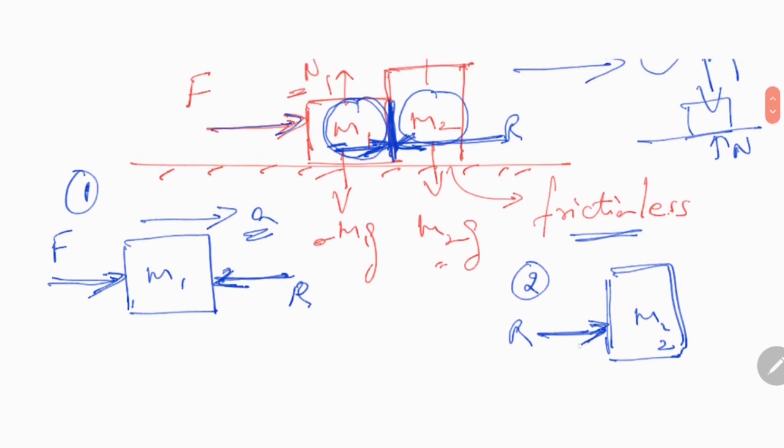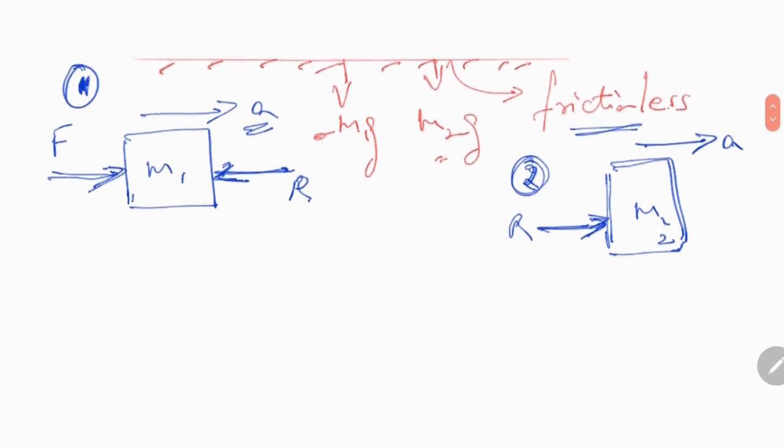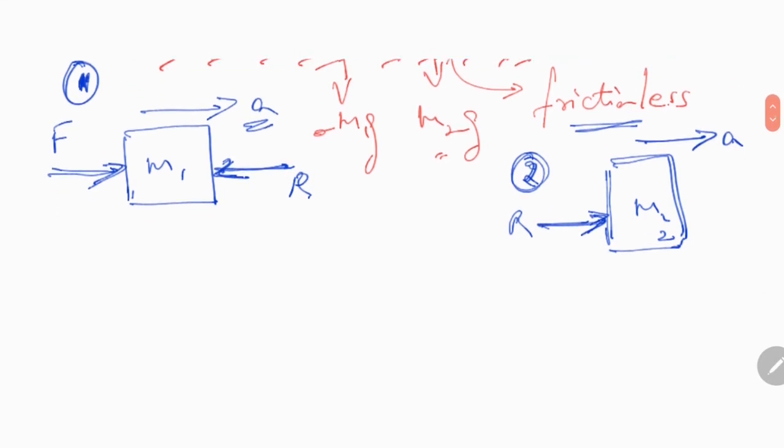Yes, so this is the only force that is acting, right? And what this force is doing, it is accelerating this mass forward with an acceleration of a. So if you see, we have drawn two free body diagrams. One is this, and this is your second free body diagram. Now once we have this, it's easy for us to do the equations. Let's now draw the equations.